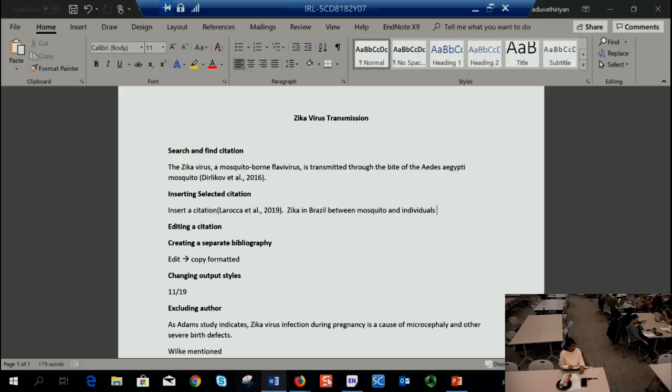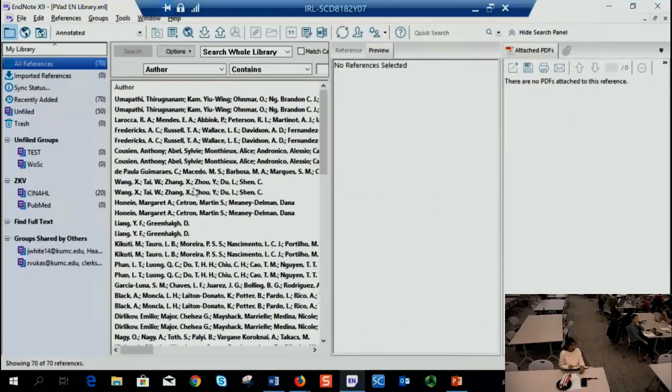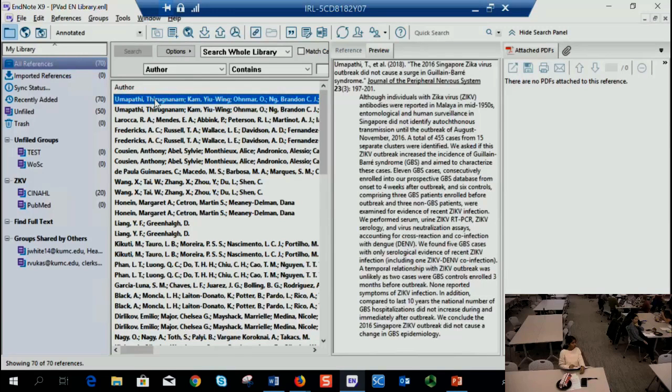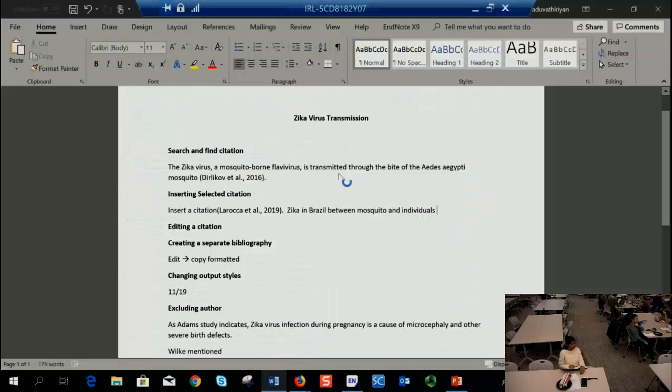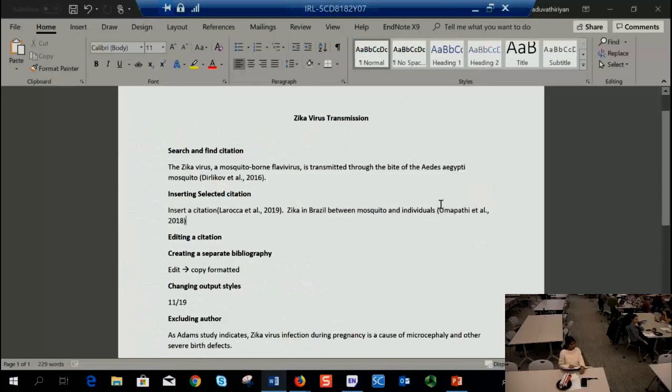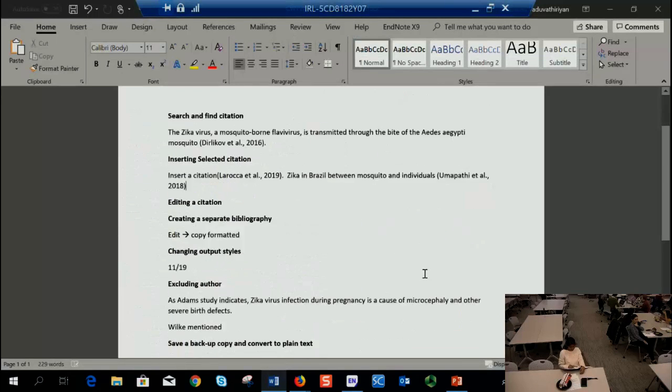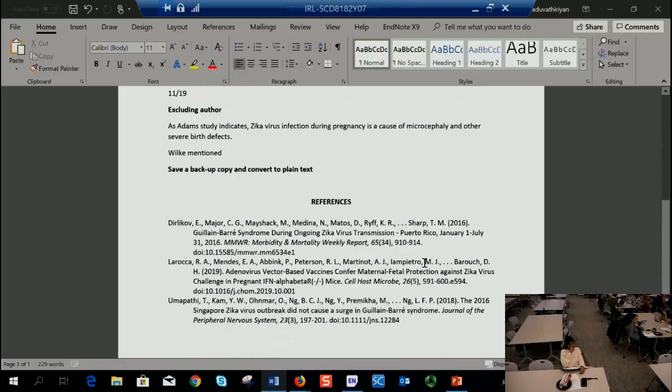So going back to my EndNote. I have references exported to EndNote. For example, I wanted to select a specific reference. I just wanted to cite that in my paper. So that's being cited. And I will also have that reference list, the bibliography, listed. Now, I wanted to show you